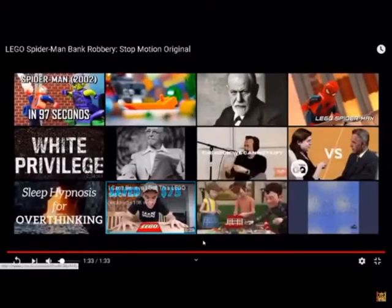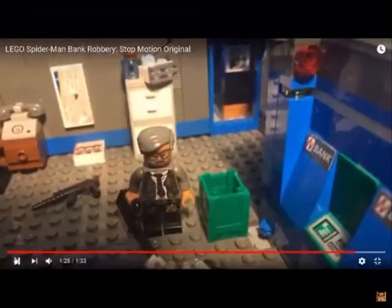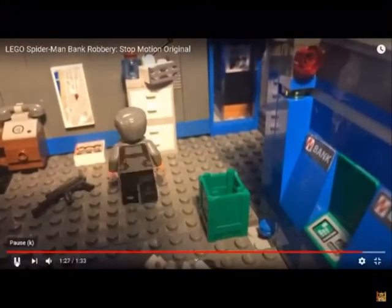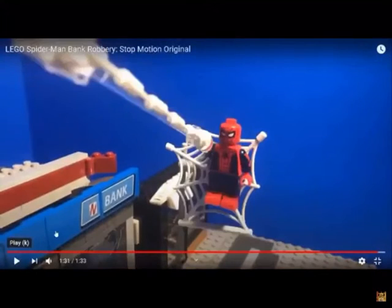So if you see the arc of that swing at the end there, and it was quite a good camera angle as well for that last shot. So just watch that last shot again because I really like that. Okay, so look at that. Okay, so we've got Spider-Man in a good position, roughly using the rule of thirds, not exactly, but then